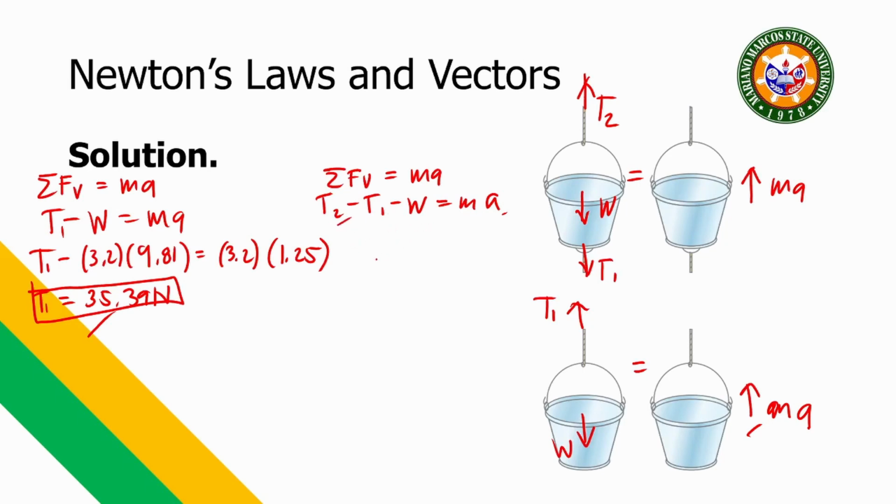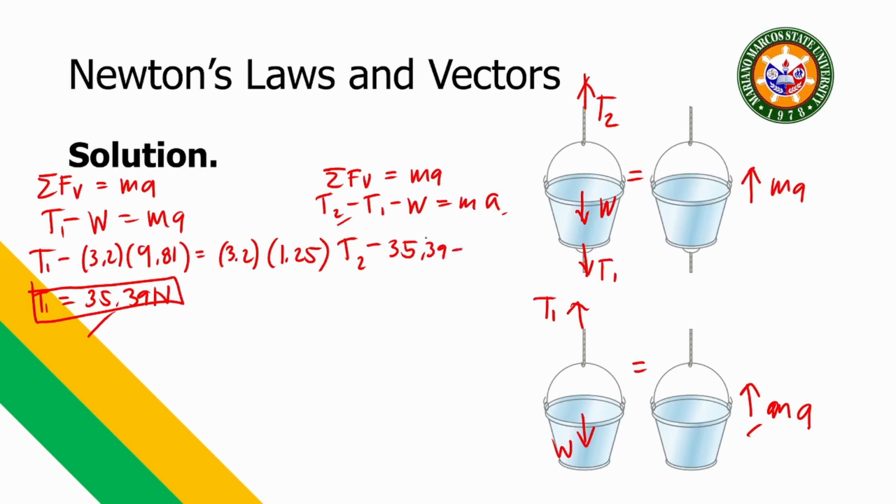Yun din naman yung hinahanap natin dito, yung tension ng wire na nasa baba at saka tension ng wire na nasa taas when the bucket is being pulled upward by 1.25 meter per second square. So, T2 therefore is equal to T2 minus T1, 35.39